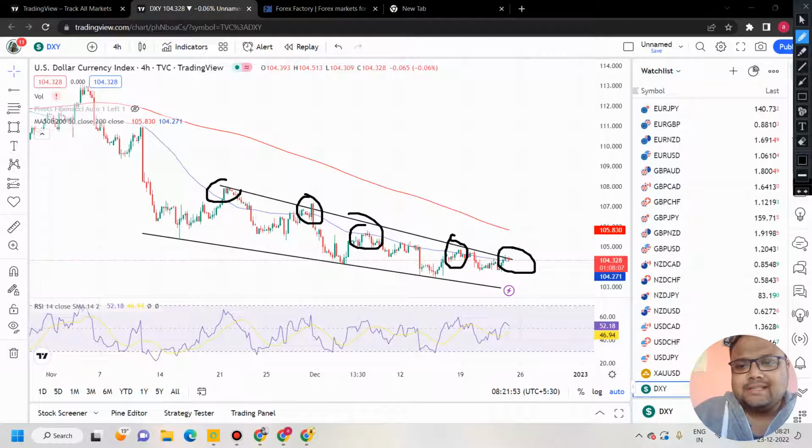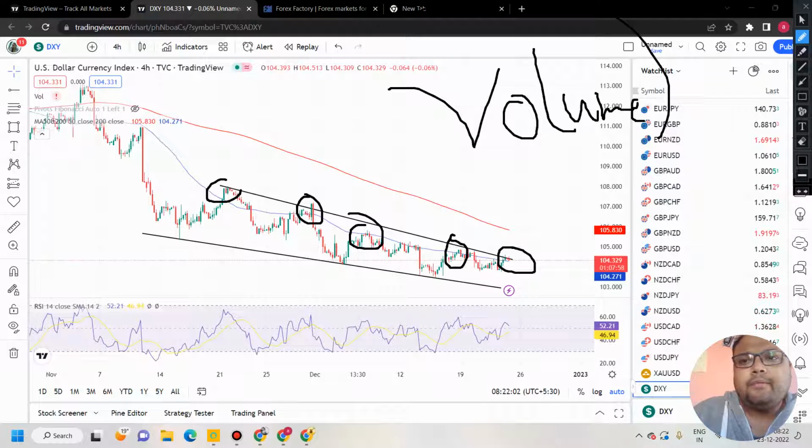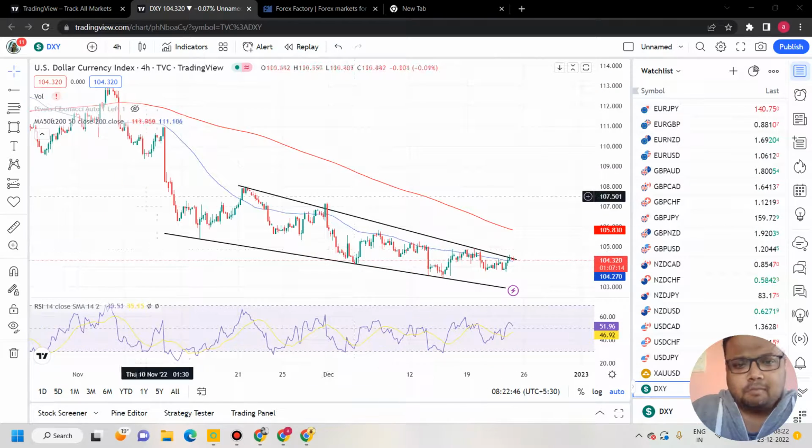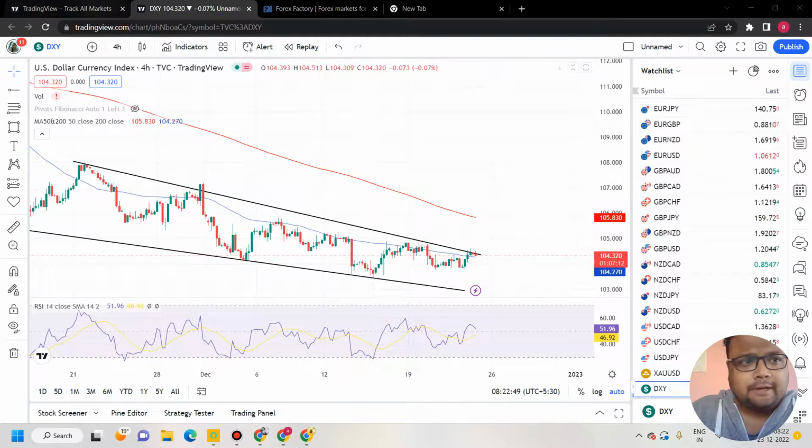But in this case, we can see that the market is trying its best but is unable to do so, and the reason is volume. For any breakout the market requires volume, which it doesn't have yet. Because of Christmas and New Year, as you all know very well, the market is already in festive mode, so the volume will be low, and the market may remain within this range only. It may not go for breakouts or breakdowns because that requires volume. Even if the market goes for a breakout or breakdown, please be careful because that can be a false breakout as well. So nothing much to discuss on the chart of DXY.